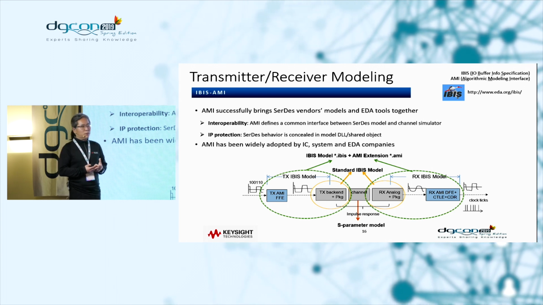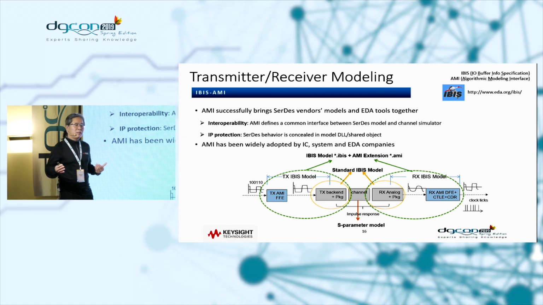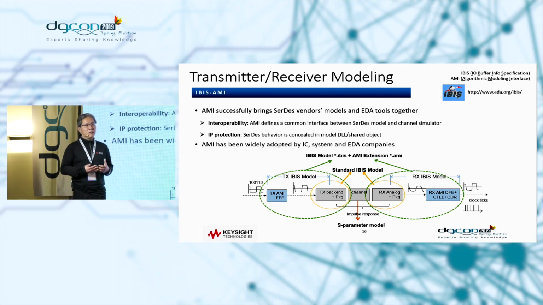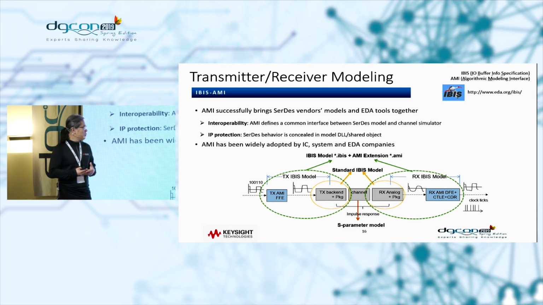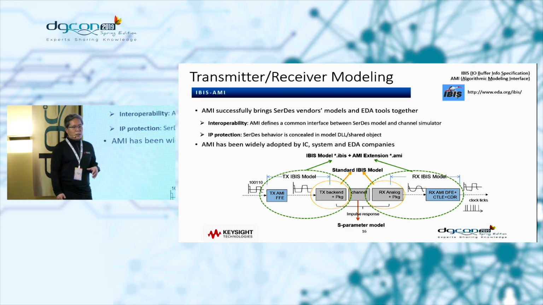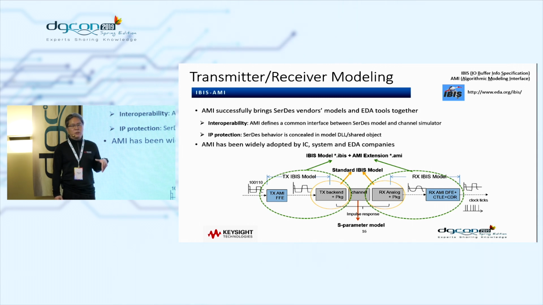And also, if you're thinking about the serial link or SerDes, you really need to process millions of bits. It's going to be very, very difficult to simulate it with SPICE-like simulation technologies. So one way the industry developed to represent transmitters and receivers is something called IBIS-AMI. So it is using the IBIS